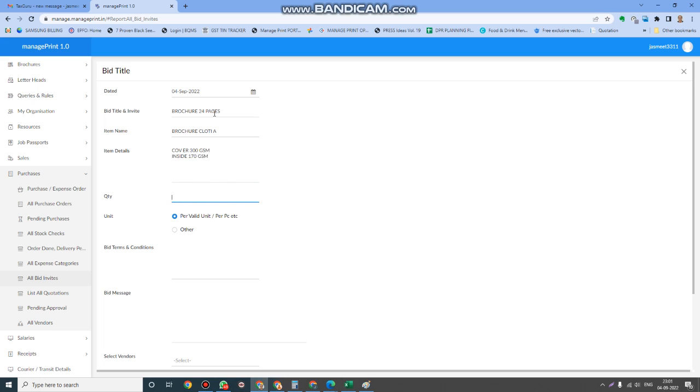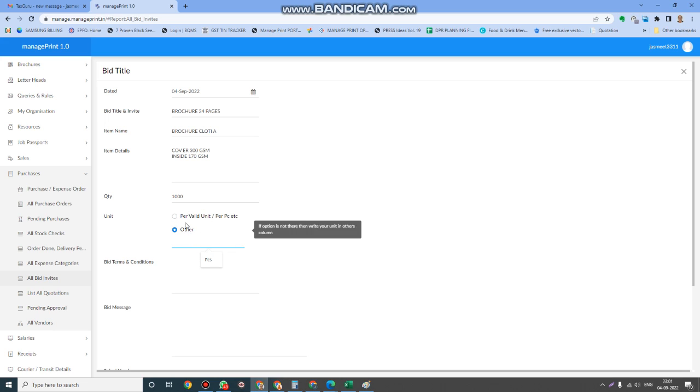170 GSM. We are talking about a quantity of 1000, and there was a demand that you just want to write the unit. It should not be pre-selected, so we can just click other. I have now decreased the options to just 2. So any valid unit, or you can just write kg here, and the bid terms: supply in 7 days and good quality,